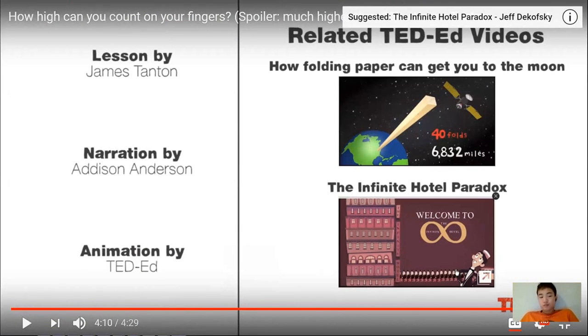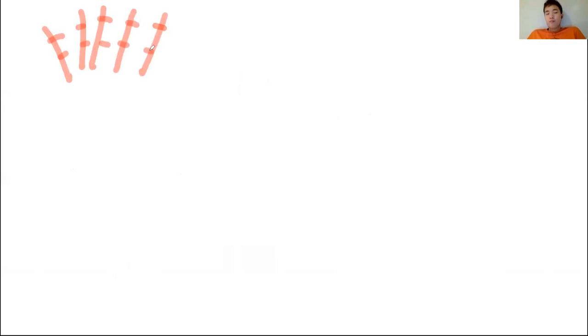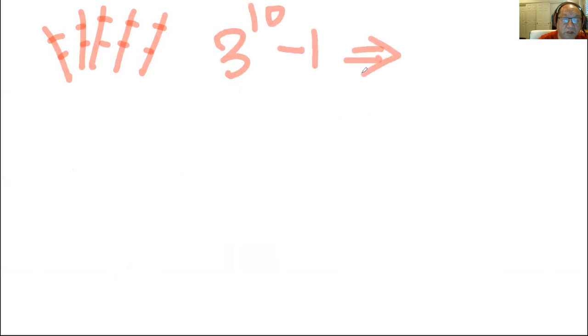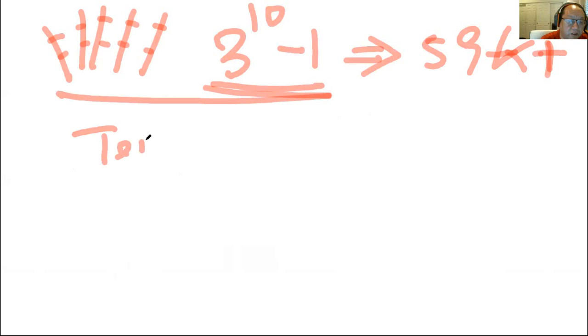Now, by watching this video, actually the last one, he used 3 sections for each finger, and then it would end up to have what? 3 to the power 10 minus 1. So that number actually is what? That number is really huge, 59K plus, okay? Yeah. And that is using the so-called ternary,